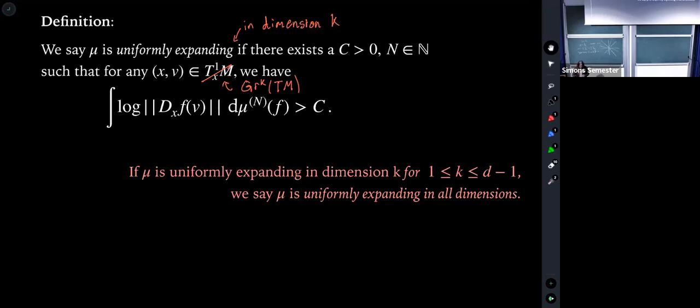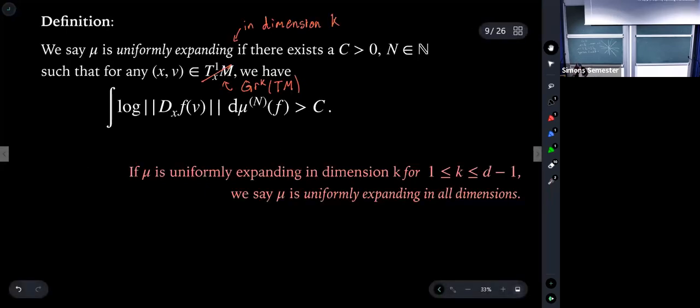The reason why we need this bigger definition is because a lot of the work in this area has been on surfaces for a while, and there have been recent things in higher dimensions. So this added definition is to let us use the same tools that worked very well in surfaces in higher dimensions.